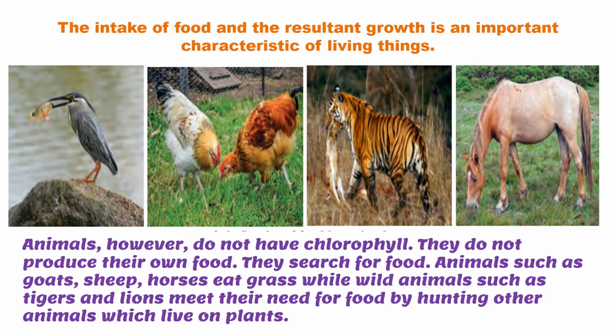Animals such as the goat, sheep, horse, they eat grass. Other animals, like the birds, will peck at grains. Some birds will consume fish or other insects directly. Animals like the lion, tiger, they attack other animals, grass eating animals, and they will consume them. That is how different animals consume food for their growth. Even though they are not producing food, they procure this food. They get the food in nature.